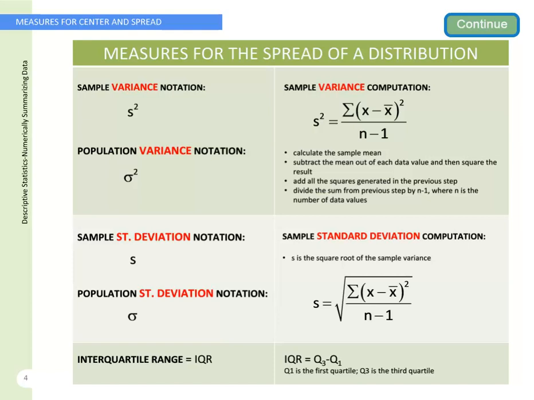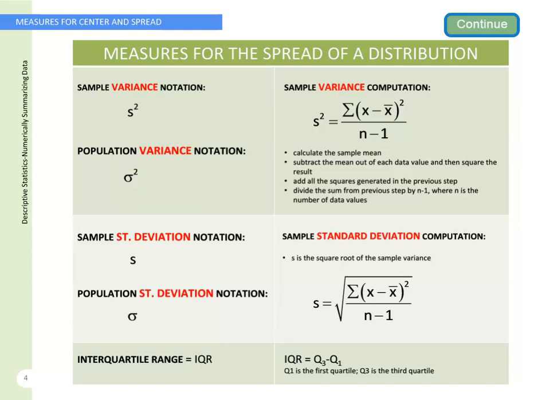I want you to become familiar with some notations, which are going to be used throughout this class. The symbol for the sample variance is s squared. The symbol for the population variance is sigma squared. Because you have learned that the standard deviation is the square root of the variance, I am positive that you